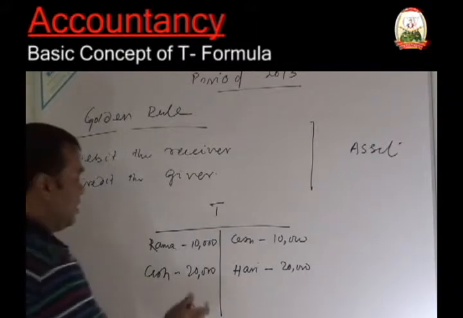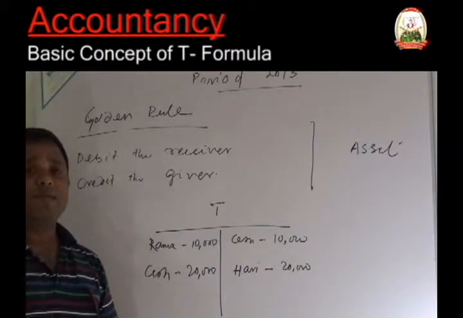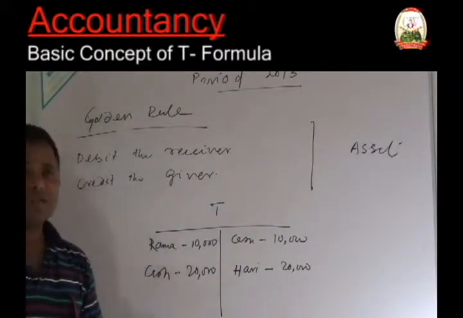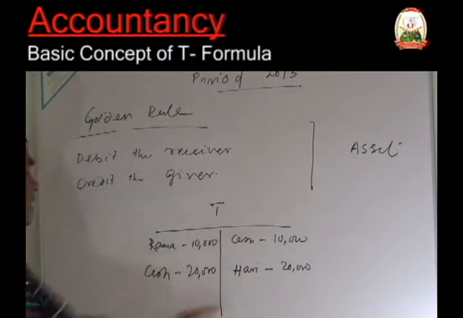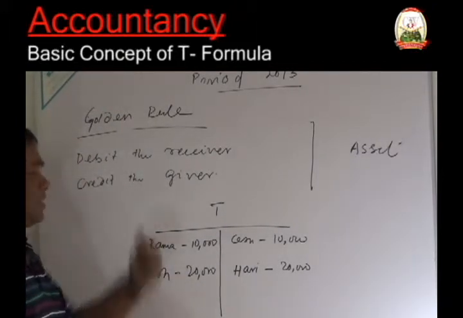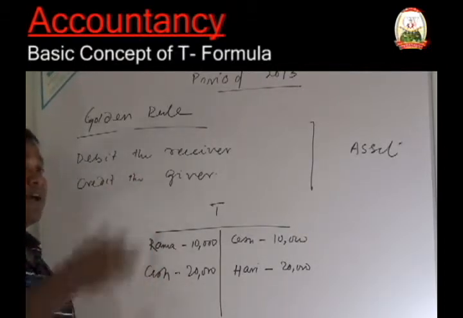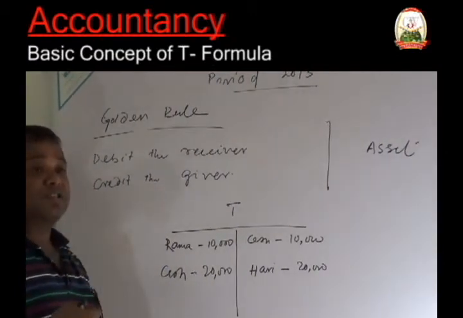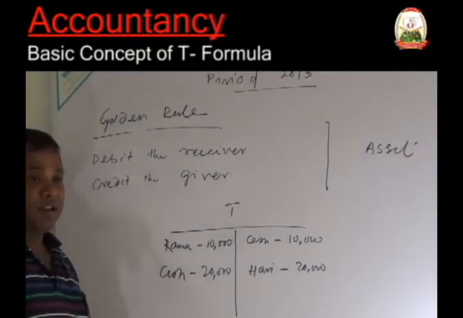In second case, you borrowed the money 20,000 from Hari. That means Hari will from time to time ask for his money from you, and you became very sorry for that. Your face became faded, and that gives you sorrow. That's why Hari became your creditor, and cash what comes in, asset comes in, that becomes the debit. This is the last formula where Rama, you enjoyed Rama by asking him to give back my money, and Hari, the sorrow, he will ask you for money, give me back my money. So in that case, you feel very reluctant and sorry.